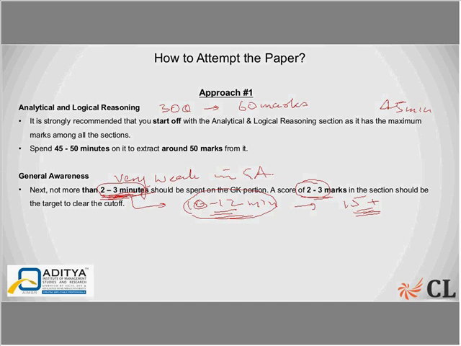But this approach says that analytical and logical reasoning is something you're comfortable with, and since it's the most important part of the paper, it can give you as much as 40% plus of the marks total required to clear this overall cutoff. You need to do this first. Okay? So that is the first approach. And the next,